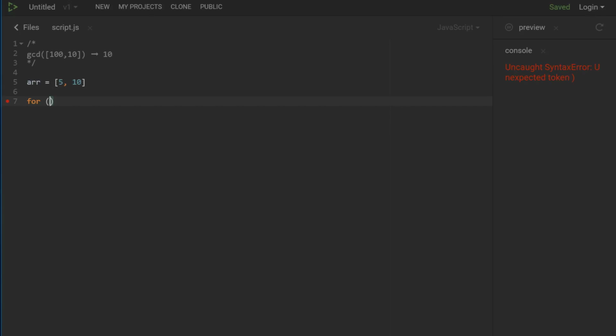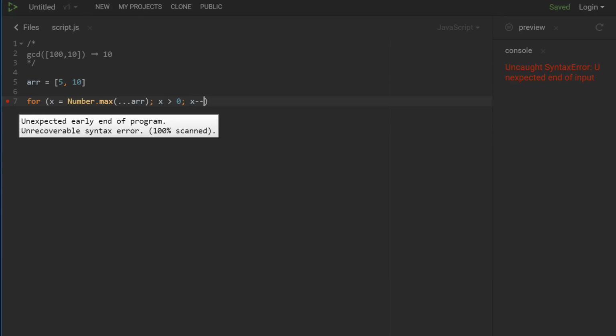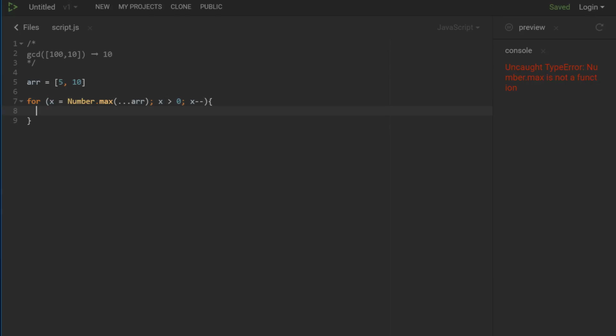Okay, so x equals Math or Number dot max, triple dot array. So that's where I'm starting my for loop. And then I'm ending it when x is, well, I need x to be greater than 0 for the for loop to continue. So that's going to be true for most of it. And then every iteration, x minus minus. I think that's good. Let's go ahead and console.log x to see what numbers